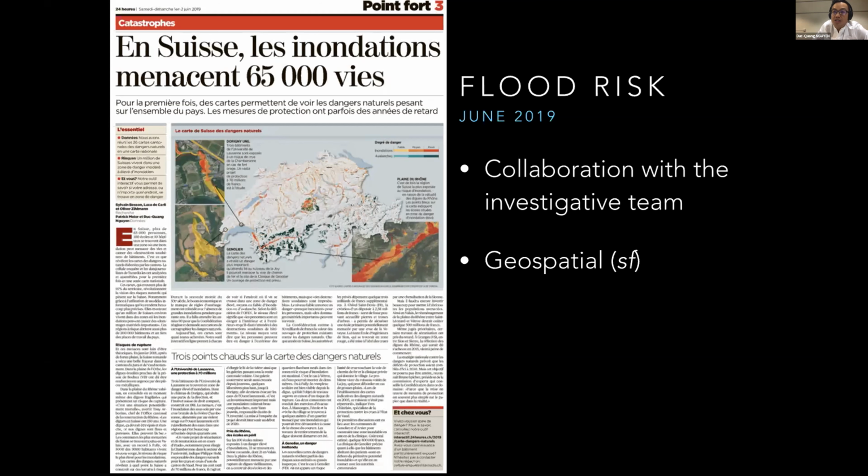What we did was to try to find where in Switzerland people were actually living in these areas. I had to compute all kinds of overlaps of those flood risk areas with schools or hospitals or just regular residential buildings. So for instance, I came up with that number. That was thanks to R. I used the sf package for that. It was really easy to perform really heavy computation just on my laptop.